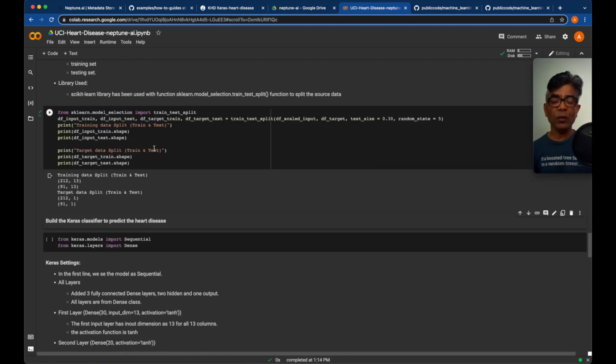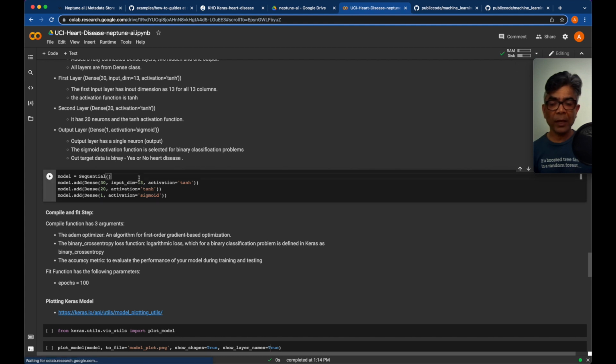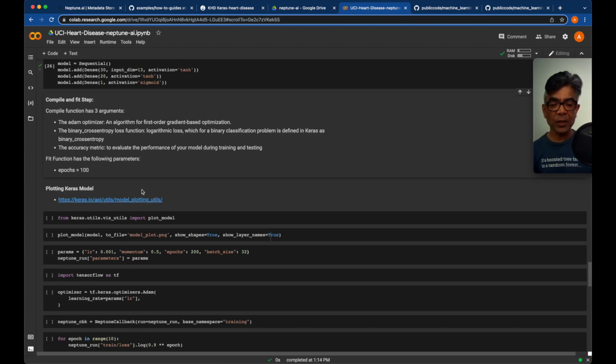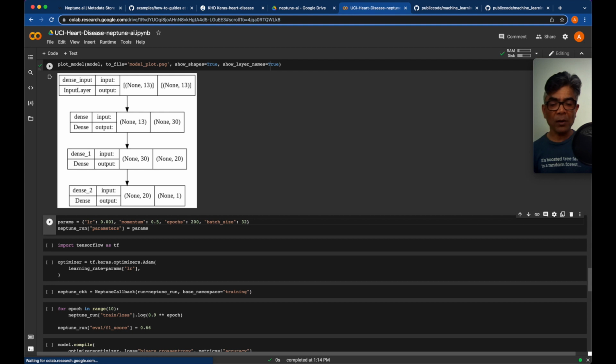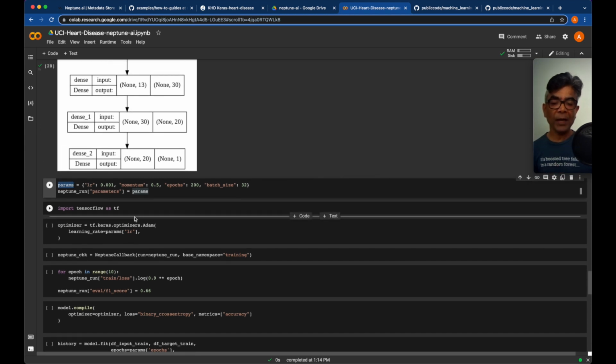So at this point, we have our training data ready. Now we are building our model definition. So importing the Keras, and here is the model network definition, and here is our model details. Here comes the very first step. We are defining the parameters related with our training. So here is the learning rate, momentum, epochs, let's keep it 100, and the batch size is 64 to start with. And this is your Neptune